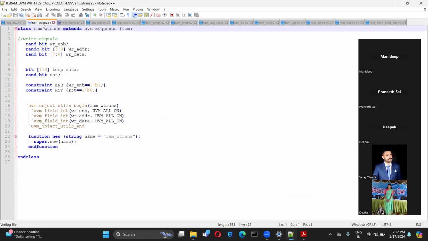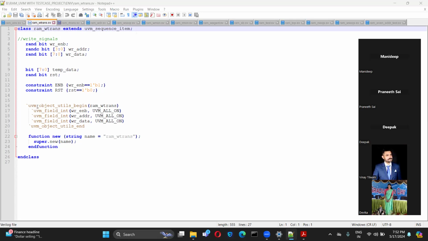So this is RAM. Here we have something called object utils, because this is a transaction sequence item. The transaction class is an object, so we need to use the object utils.